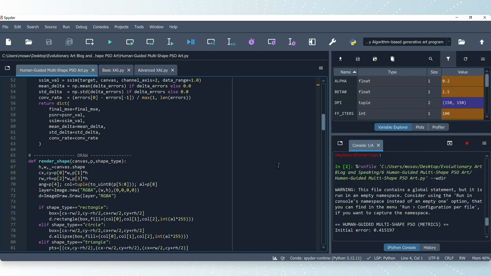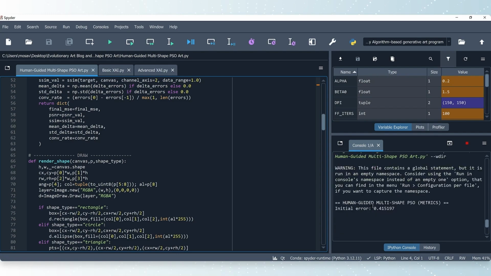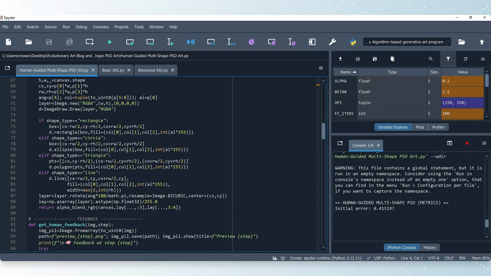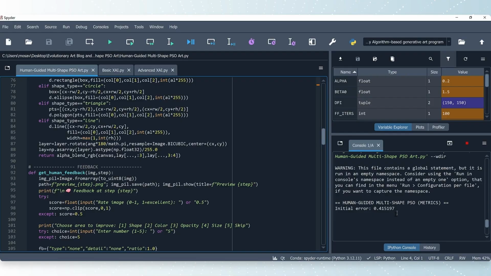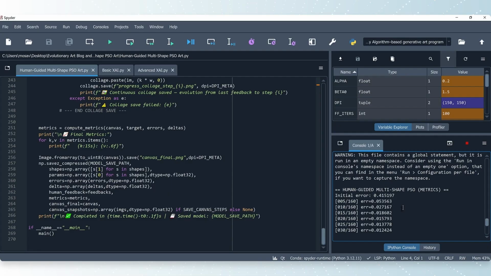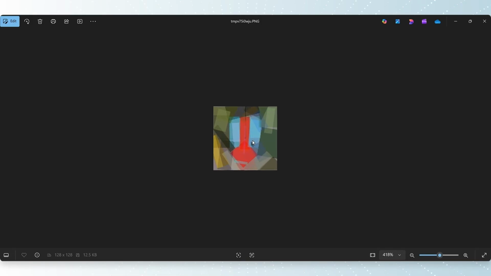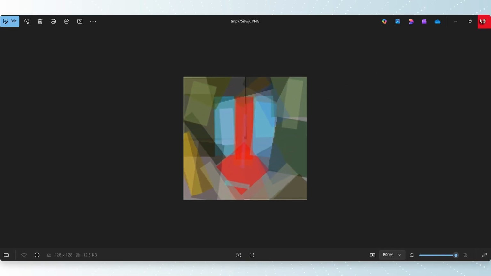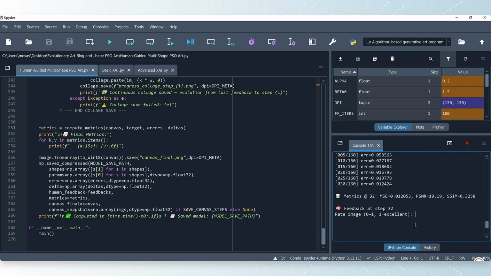So for example, here, when we run the algorithm, it's going to start from iteration 0. After a while, after 13 iterations, it's going to ask for feedback about the result produced so far, and it's going to repeat that every 30 iterations. I'm going to fast forward. Okay, now we are at iteration 13. It generates the first image of the bubble face. As you can see, it just used rectangles. And it is asking for my feedback. I'm going to rate it like 0.7.